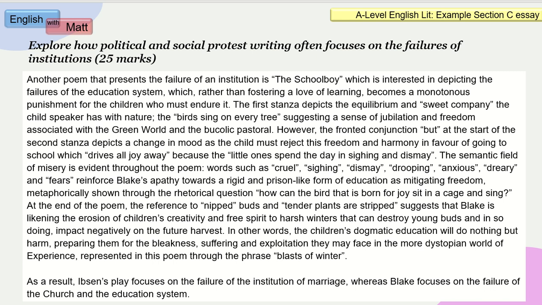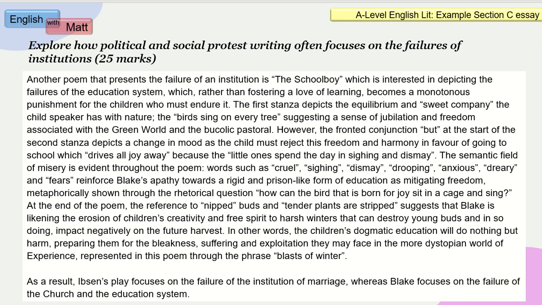And then we've got a conclusion. As a result, Ibsen's play focuses on the failure of the institution of marriage, whereas Blake focuses on the failure of the church and the education system. And that's the conclusion, that's it. You don't want to spend a long time on conclusions because it's basically repeating yourself, and that's not going to get you marks. So that is an example of a section C response in which you've got an hour to